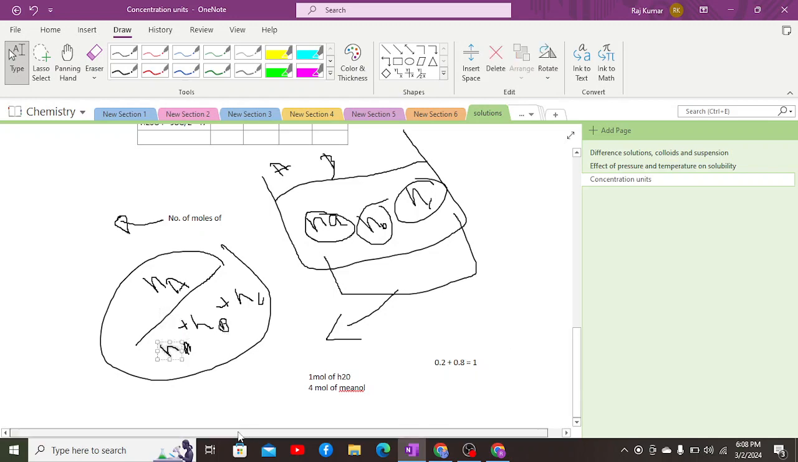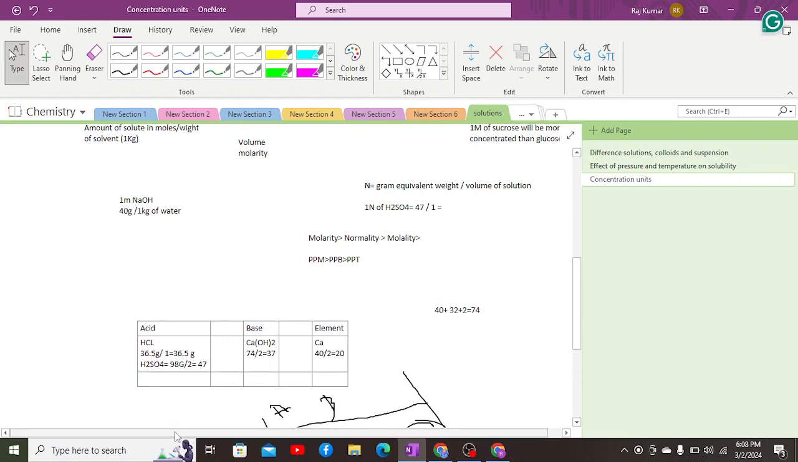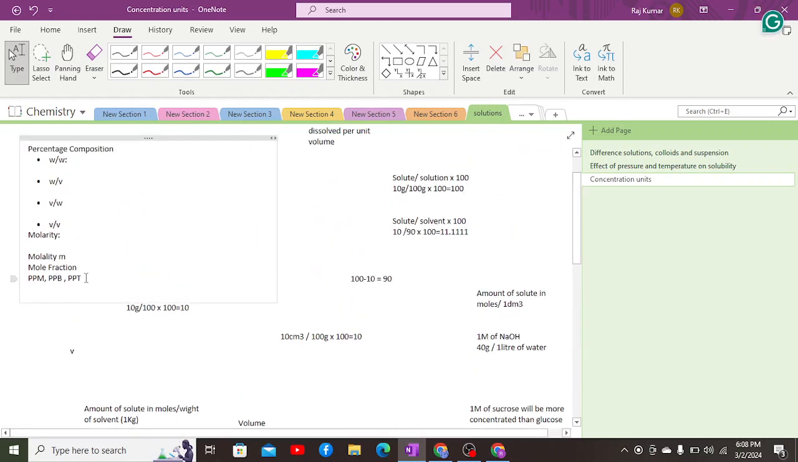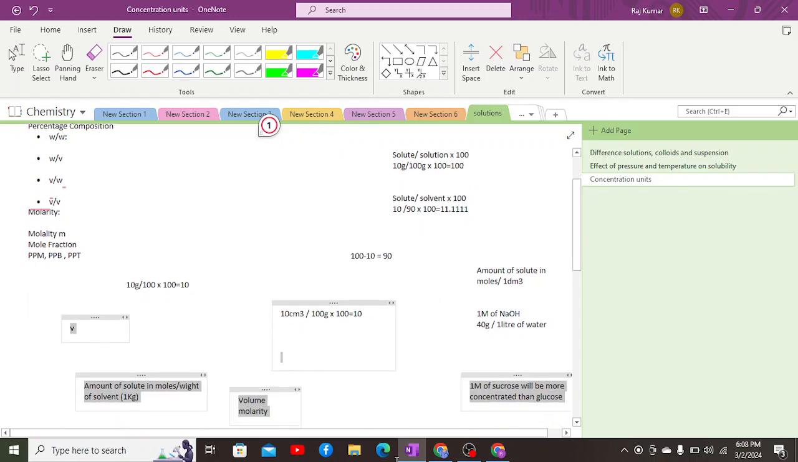After that, another terminology I would like to highlight over here is about the mass: parts per million, parts per billion, and parts per trillion. Parts per billion, I've already told you which one is the highest, and first let us understand what it is all about. So parts per million is defined as the amount of solute,